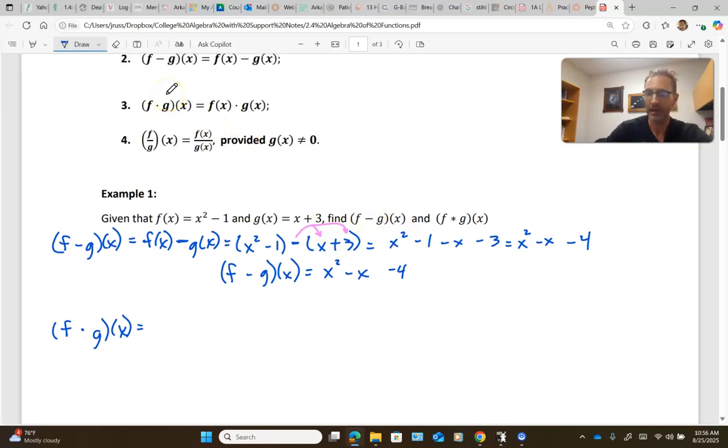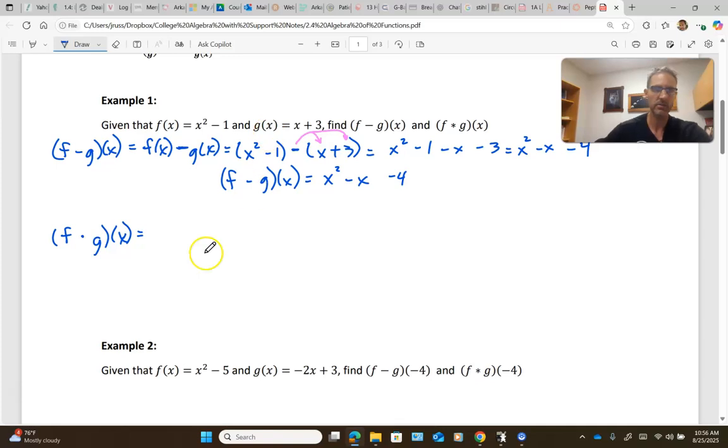But because I'm a math teacher, I am going to follow the convention here using proper notation. So f times g of x is equal to f of x times g of x. So that's what I'm going to write next. And now I'm just going to plug in my functions. So f of x is